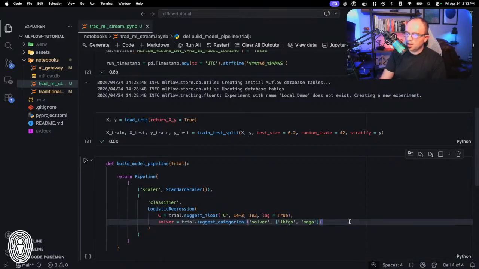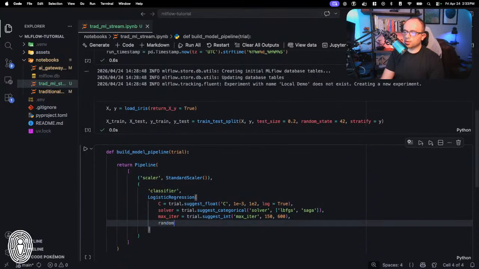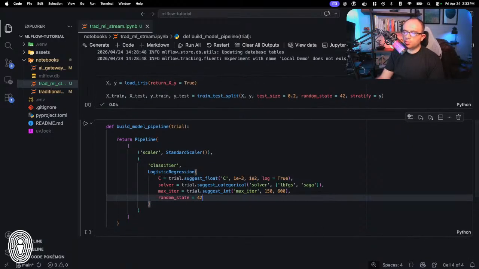Next, we're going to do max_iter, trial.suggest_int, max_iter, 150 to 600. I'm going to test out a range of values in there. Set a random state to 42. Don't necessarily need to do this last one, but why not? Okay, so that is building the model pipeline.